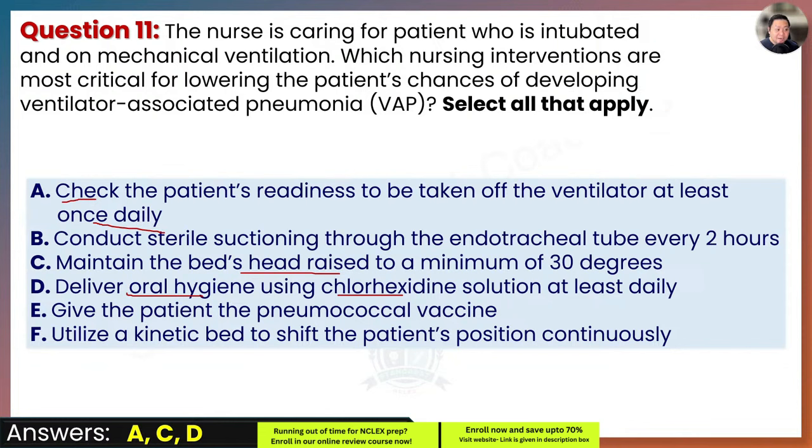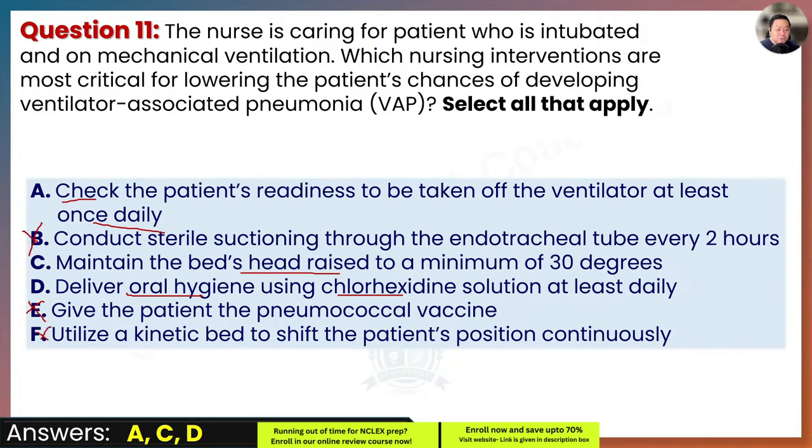All right. Now, what about letter E? So let me just mark that as incorrect. E is also incorrect. Give the patient the pneumococcal vaccine. Well, we know that this vaccine can help prevent pneumococcal pneumonia, which is a type of lung infection caused by a specific bacteria. However, VAP is more commonly caused by hospital-acquired pathogens like gram-negative bacteria, but not pneumococcus bacteria. And the pneumococcal vaccine doesn't target the pathogens most responsible for VAP, and so it is very irrelevant in this scenario. And letter F,